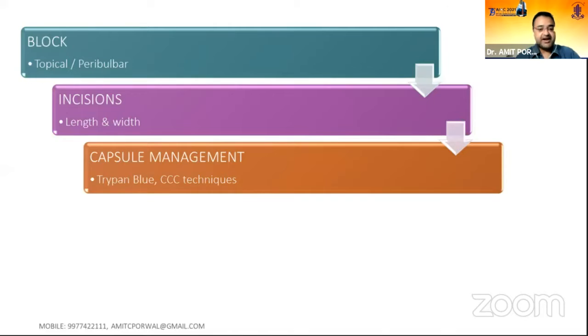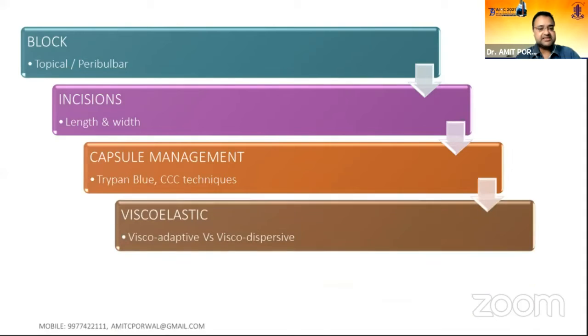Capsule management is very, very important, be it NS2 or 3 grade cataract or a mature or a hypermature cataract. I always advocate that please use trypan blue dye and use a proper CCC technique. Follow the dictum which is being taught on how to do a CCC. Trypan blue always enhances the anterior capsule visibility, and it is a must. And I always advocate to all my students that don't proceed with your cataract surgery without using trypan blue. Also, trypan blue reduces the elasticity of the anterior capsule and makes it more brittle. So if at all your axis is going out with a shearing force, you can pull it towards the center